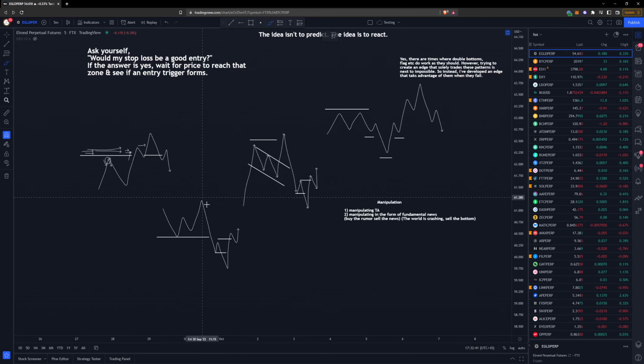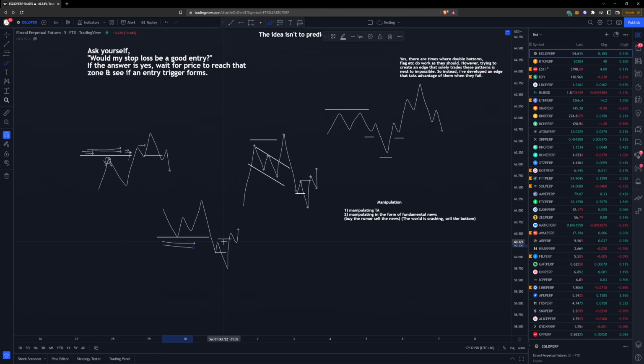So now, just like this example, we have a liquidity pocket. Like I said, the idea isn't to predict if we're going to continue down. The idea is to wait to see if we form this pattern and then we react. And then we have the traditional